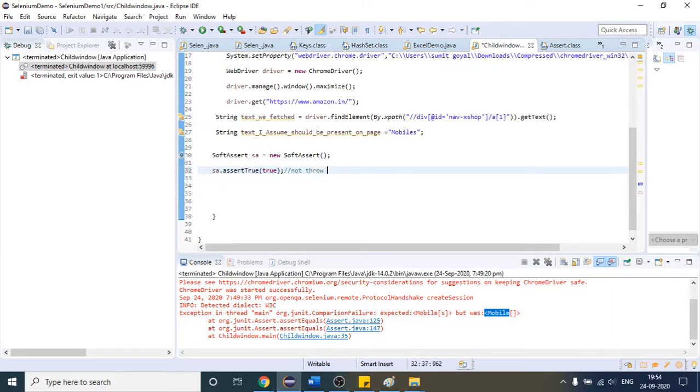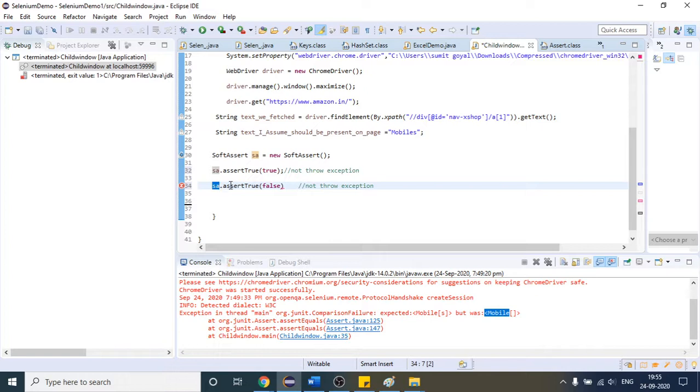And if you have false here, that also will not throw the exception. See, it is throwing the exception internally, but that will be caught by this object.